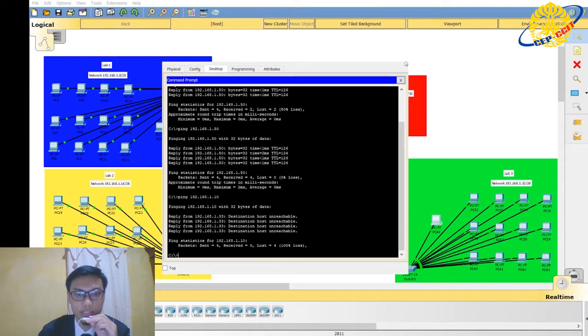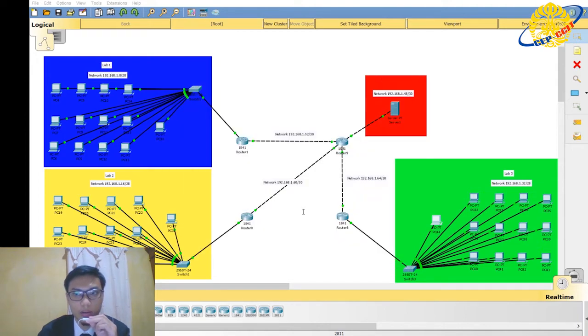It's because we don't want lab 3 and lab 1 to be connected. We just want every lab connected to the server, not every lab connected to each other. So basically, the PCs from one lab are just connected to the other PCs in the same lab and connected to the server.